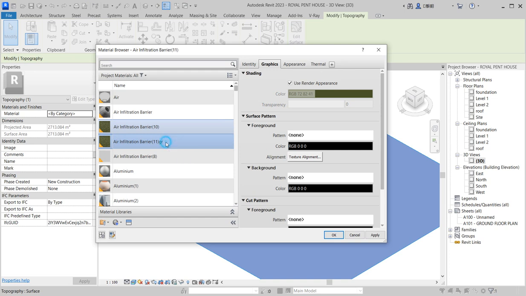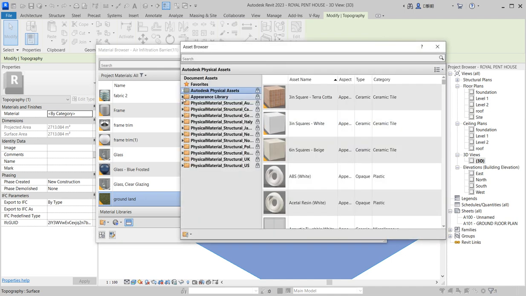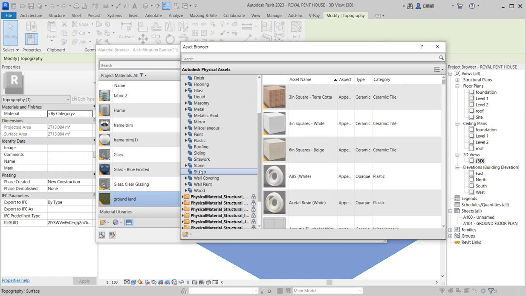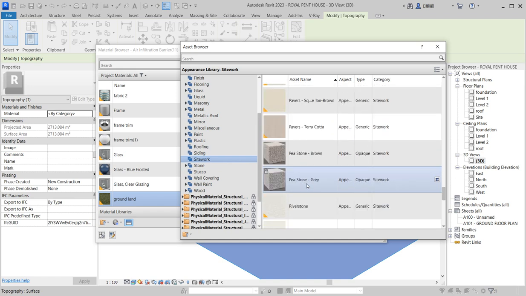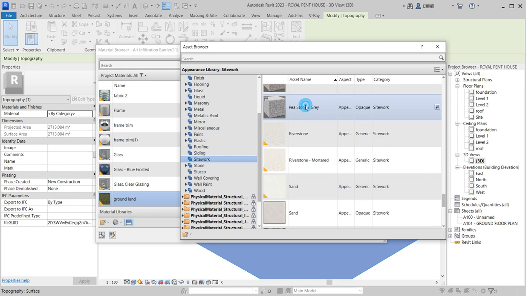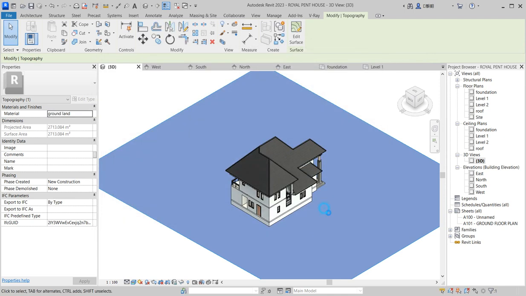Just say rename. Let's say Grand Lounge. So just call it that way. So go to appearance and change whatsoever you want to change. So I'm going to use something different. So go to site here, site work. So from here you change whatsoever you want to change. Instead of me using this dark brown, I'm going to use something like pea stone gray. So this is what I want on the ground to go along the